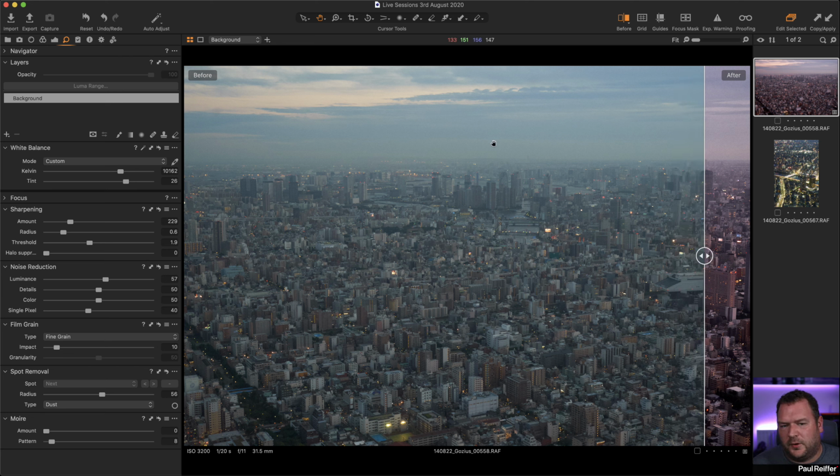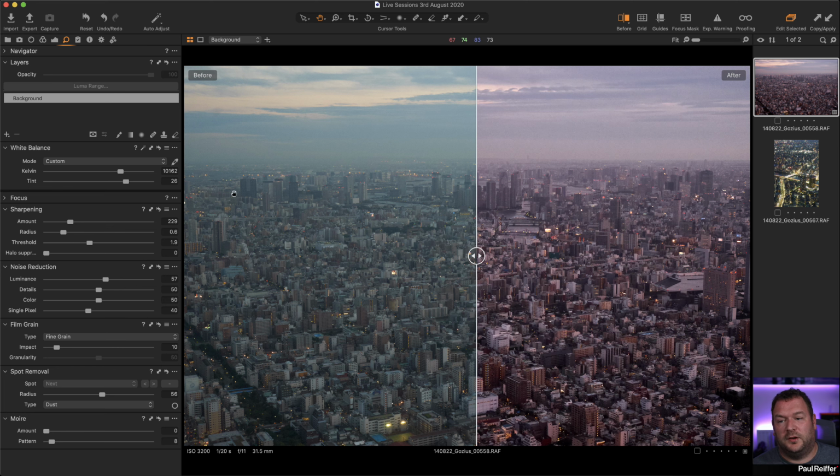My guess is this was possibly taken through a window or a plane window potentially. I'm not sure whether it was a tower window or a plane window or something like that. Whenever you shoot through glass, a telltale sign is that the picture tends to look a bit greeny in tint. So the first thing you want to do is correct for white balance, and you want to maybe pull the tint up a little bit just to do that. Okay,